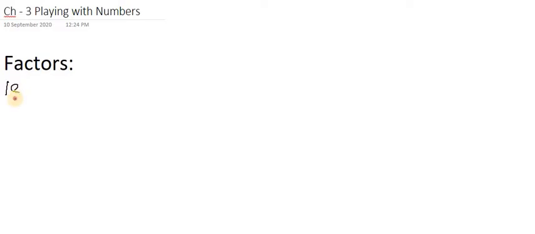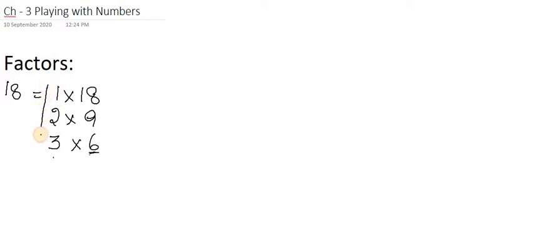It is very simple. We will just count one number by one number. In the 1 table you will get 18, and in the 2 table you will get 18, 2 9s are 18. In the 3 table you will get 18, 3 6s are 18. In the 4 table do you get 18? No, so don't write 4. In the 5 table do you get 18? No, don't write 5. In the 6 table do you get 18? Yes. Here we already got 6, so that is the reason we can say that our factors are completed.